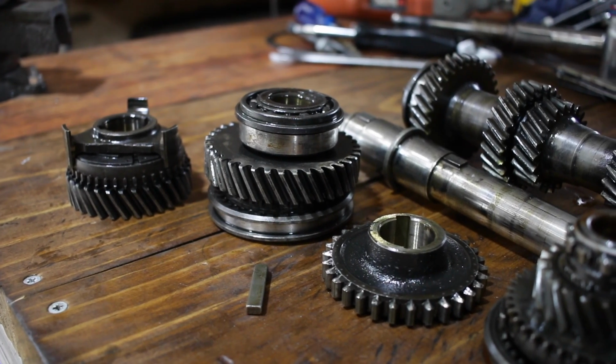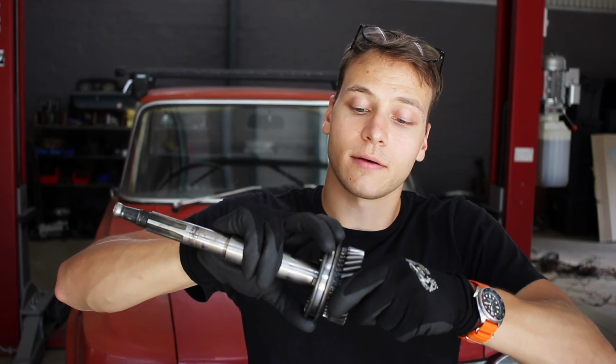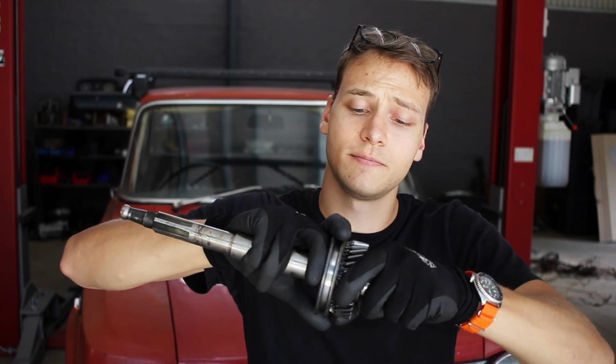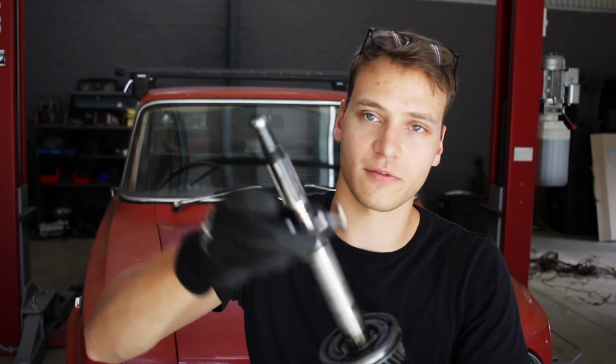So the basic trouble with my gearbox is that it has a couple worn out parts. Most of those parts are on the output shaft. So these hubs, basically, they transmit the force from your gear via the synchro operating sleeve onto the output shaft. When you're shifting a gear in a car, all you're doing is pressing the synchro operating sleeve onto that gear, and that locks it in place, and it drives the, you just gotta imagine that this is part of that, and that drives the